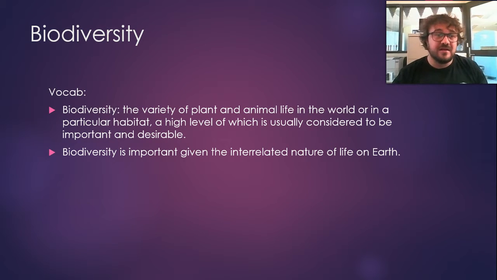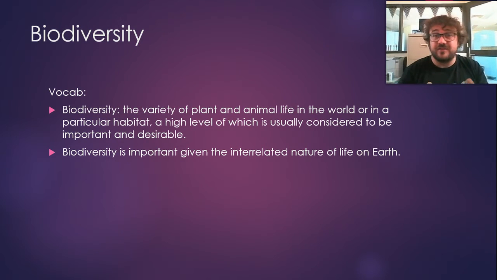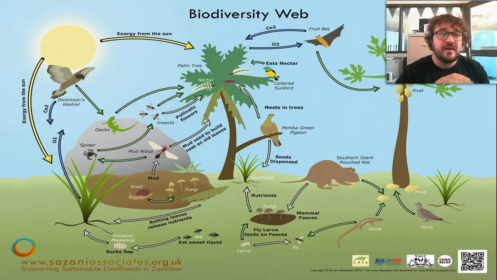For example, if you lose all of the top predators in an ecosystem, initially the herbivores' numbers will increase, and this seems like a good thing. It's good for them, except they will eat too much food, which will destroy all the plants in the area to the point where the plants can't survive any longer, and all of the herbivores will then die off, and just everything falls apart. So here's a biodiversity web, just to get our heads around it.